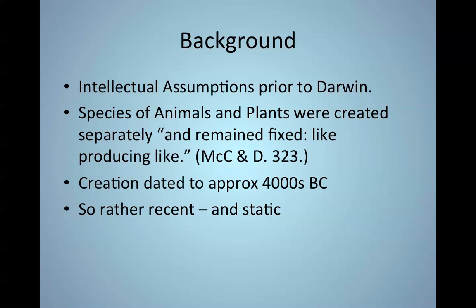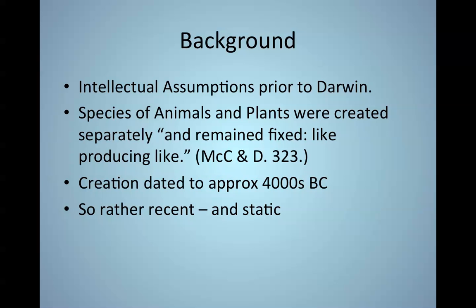Let's think about some of the assumptions about the world, about various species, biological species prior to Darwin. We have this understanding that species of animals and plants were created separately and remain fixed, like producing like. This is from McClellan and Dorn, page 323. That prior to Darwin and his theory,